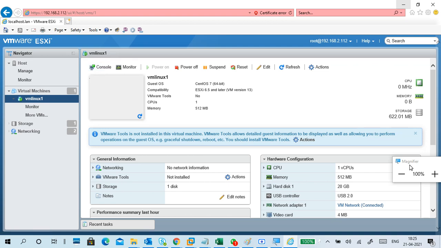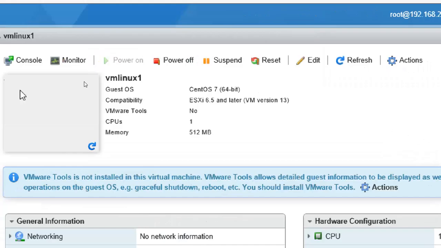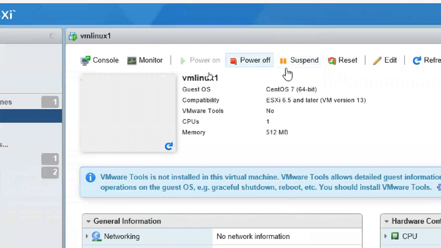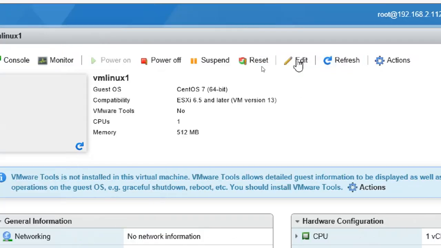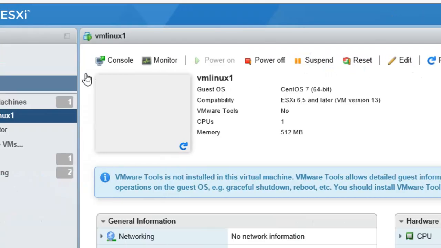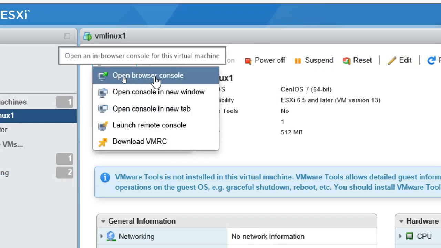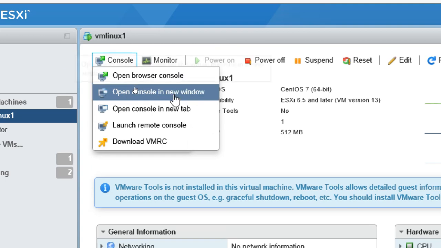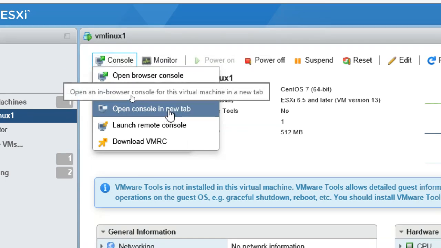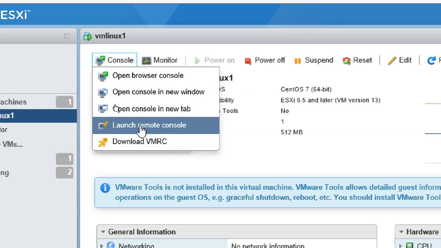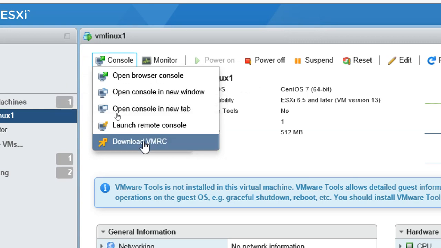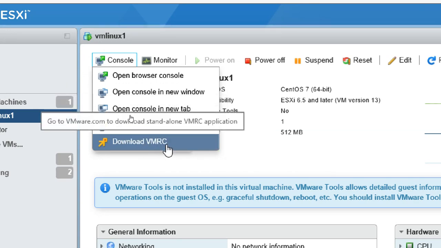This is a console. Power on, power off, suspend, restart, edit, refresh, action, monitor, console. I'm going to the console. Open browser console, new window, open console in tab, launch remote console, or download VMRC.